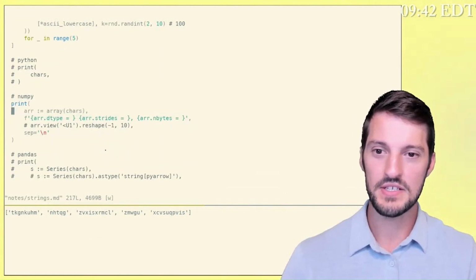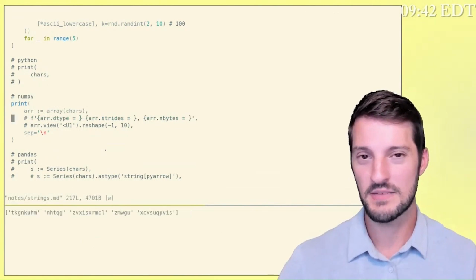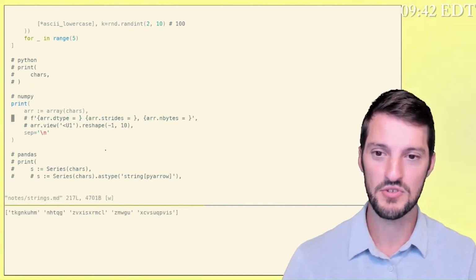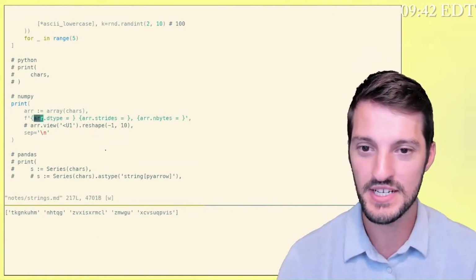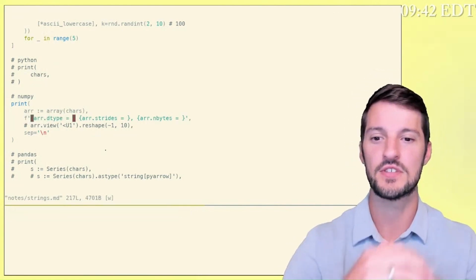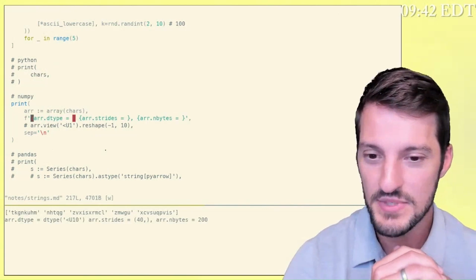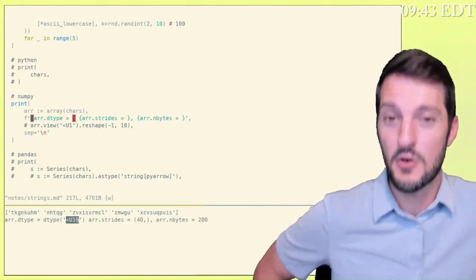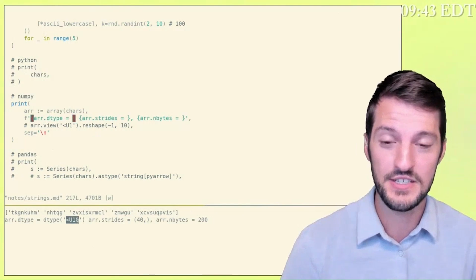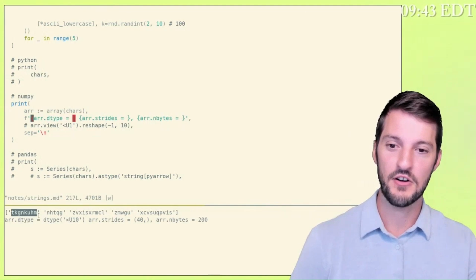If I take this list of strings that we just saw in Python and convert it to a NumPy ndarray, I get something that's represented very much the same, especially when I print it out. But what I can actually do here is inspect the data type and some other features of this array. In the NumPy data types, you'll see that I have <U10. This is that varchar, or sorry, this is that fixed width character data type. And I can prove that to you. This is saying that all of the strings here are actually a fixed width up to 10,